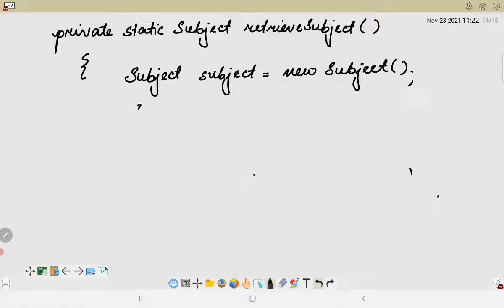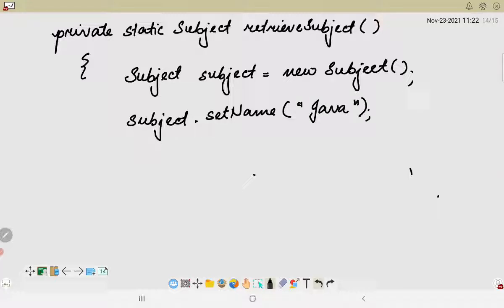Okay, and then using this subject, what I'll try to do is, I will set the name as, let's say, Java. Okay, and then subject dot set id.